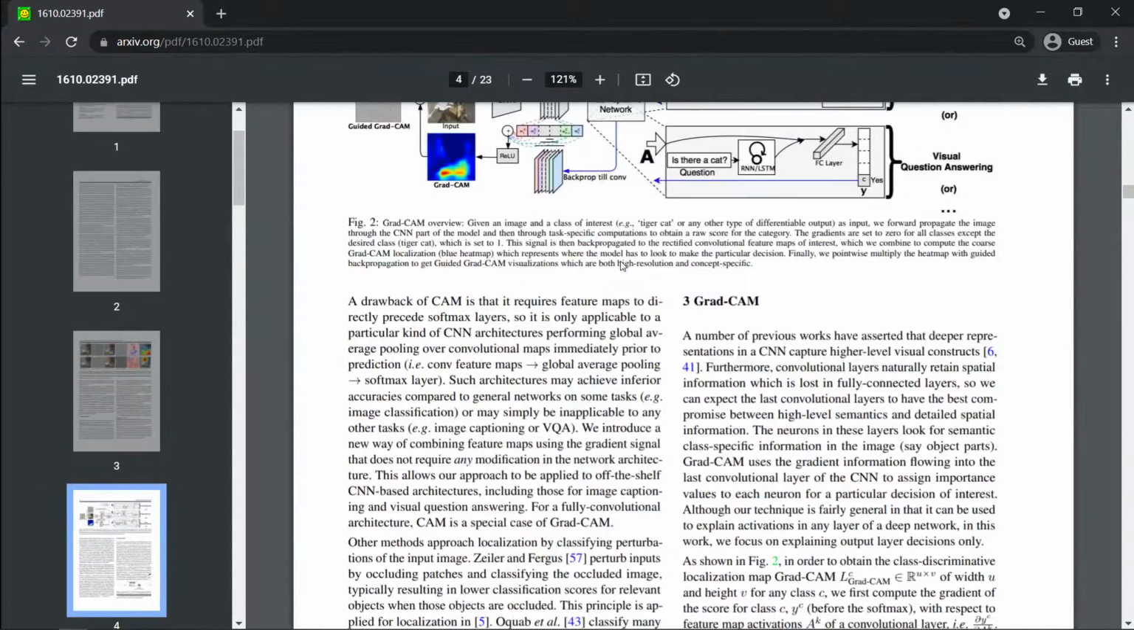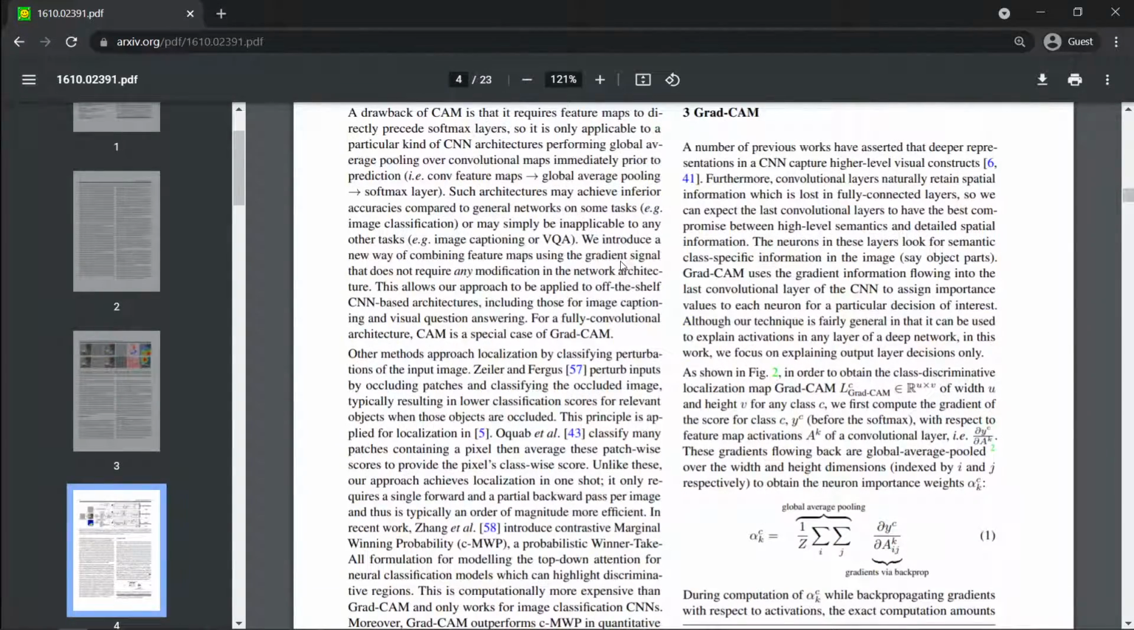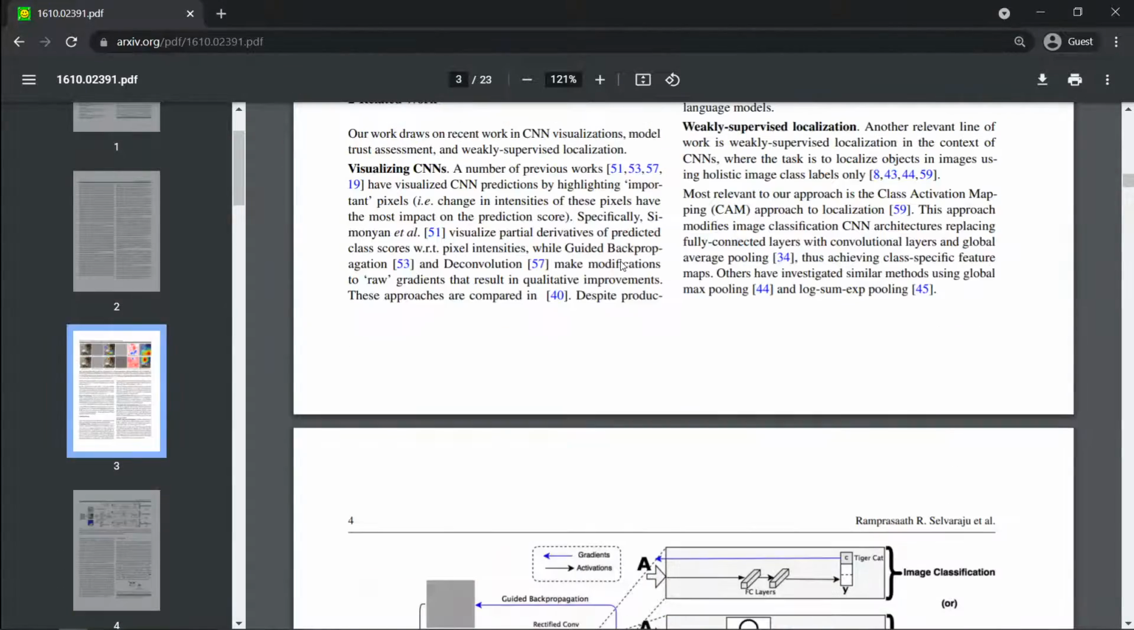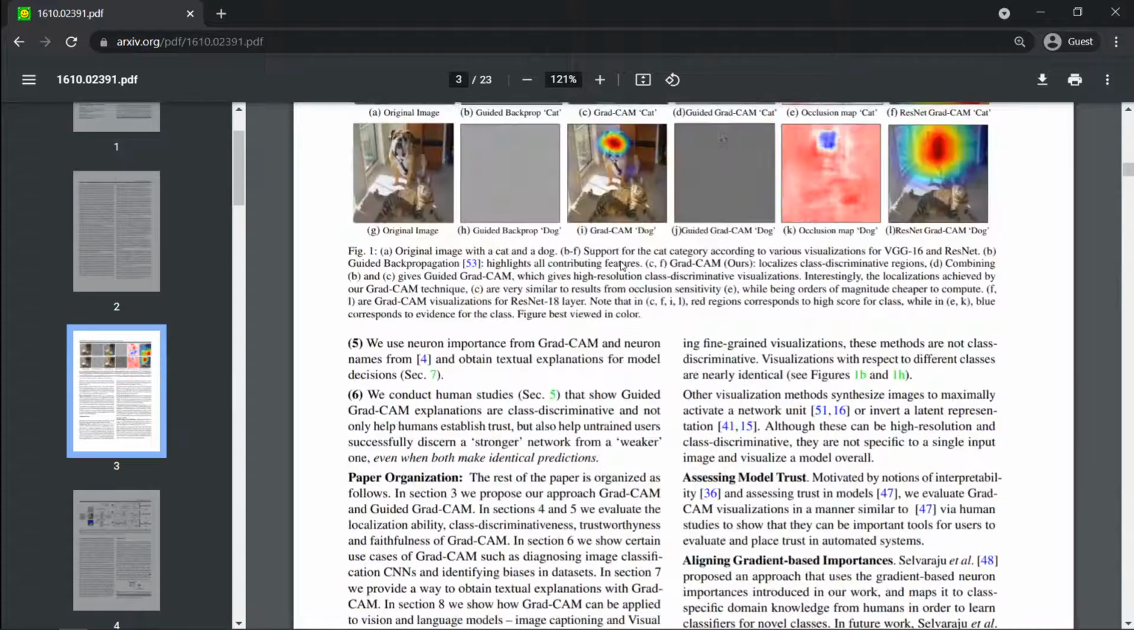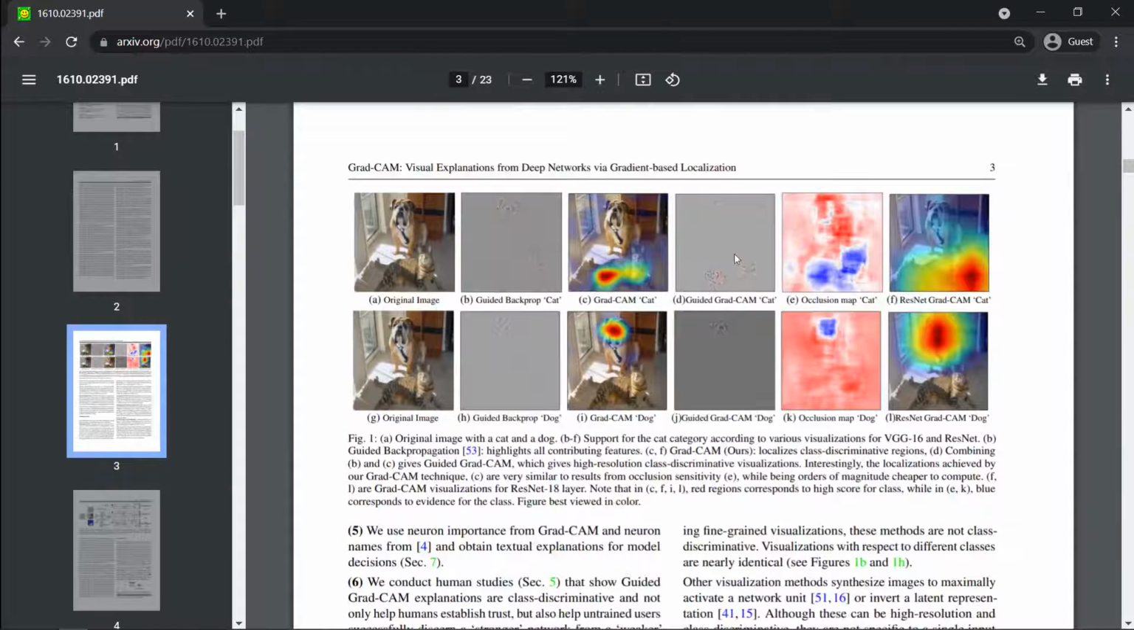So, okay, we're going to implement this, which is a little annoying. So we want guided Grad-CAM. So the Grad-CAM itself, from what I understand, is they just take the last layer, I think the last convolutional layer, and then they compute the,